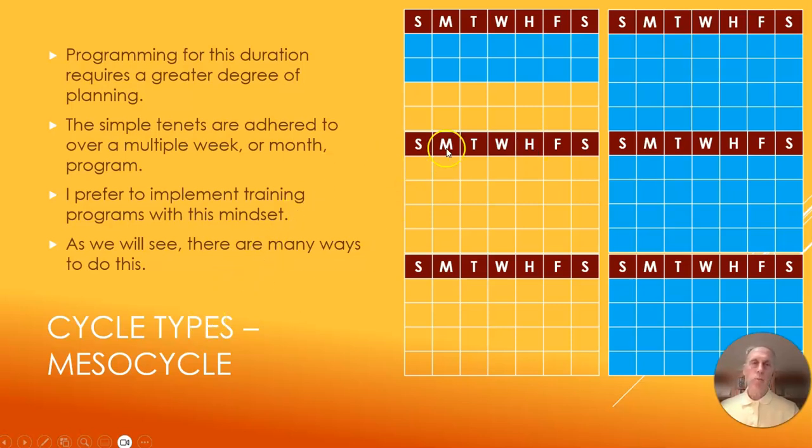So if we look at a mesocycle, it is now a little bit longer, right? We can look at it in terms of months. You could have 2 weeks be a mesocycle. That'd be about the shortest you could ever go and call it that. 3 months or more, you're getting into a mesocycle. But when you get into a year or more, that's a macrocycle. And you'll see there are many different ways to implement programs within this context of January 1, then February 1, then March, and spring break is the end of March. You can just think of it as a mesocycle leading to spring break